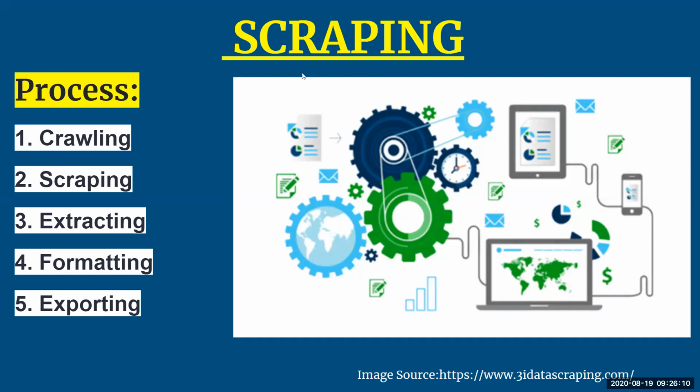Next, step number 2 is the scrapping process. When I talk about the scrapping process, it refers to the data you received in step number 1. Now you're going to identify whether the information received from the website is beneficial to you or not. If it is beneficial, you will make one copy of that data. If it is not beneficial, then you will scrap it, eliminate it, remove it. So that is your step number 2, that is scrapping.